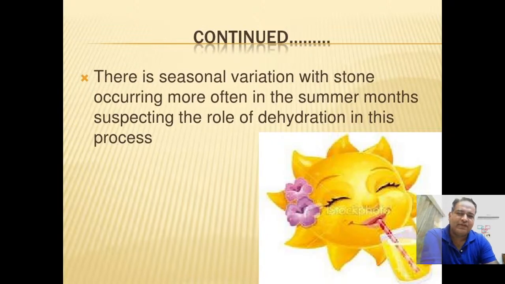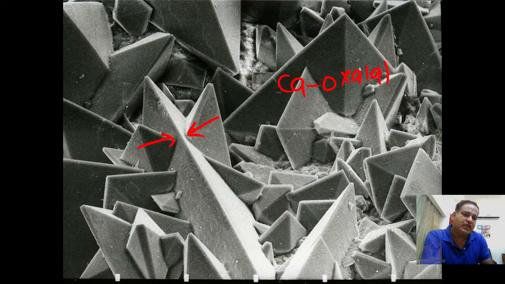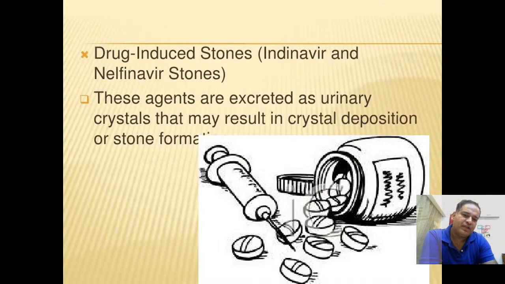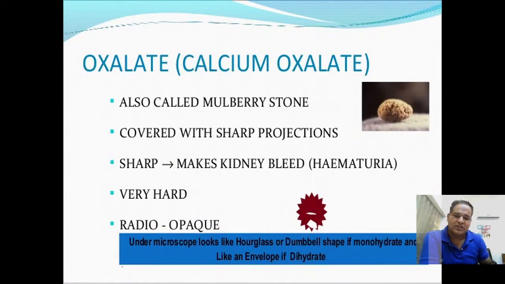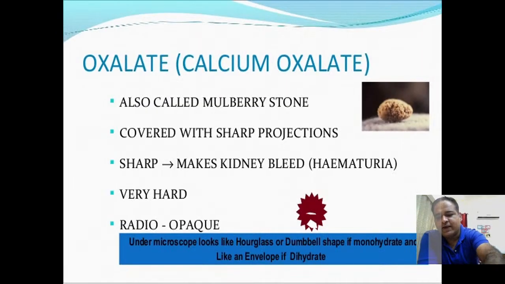Now, we move to the next thing, the topic of stones. What you can see on your screen is the electron microscopic structure of calcium oxalate stones. Naturally they are first grayish white, but because they keep on scraping the inside of the ureter and kidney, they accumulate blood, and when they accumulate blood they become like mulberry, brown colored.